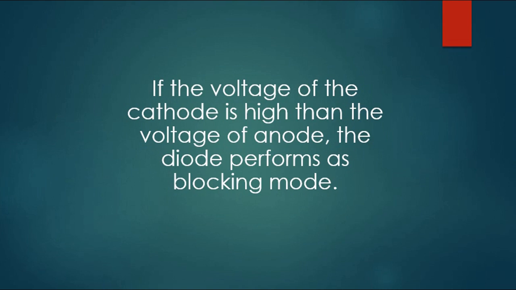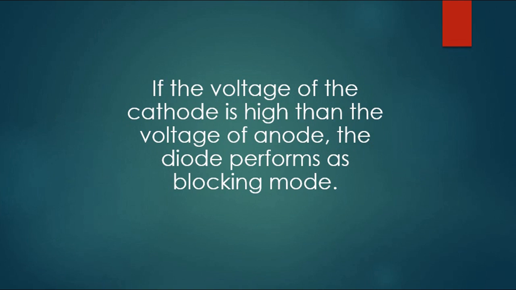So if the voltage of the cathode is higher, that is, if the negative voltage is higher than the positive voltage, it simply means that the diode performs in blocking mode. That is too bad, it won't work like that. So once you have confirmed that the voltage of the cathode is higher than the voltage of the anode, it simply means that